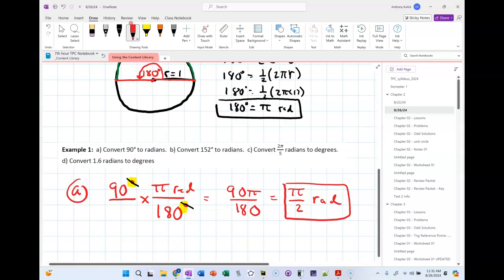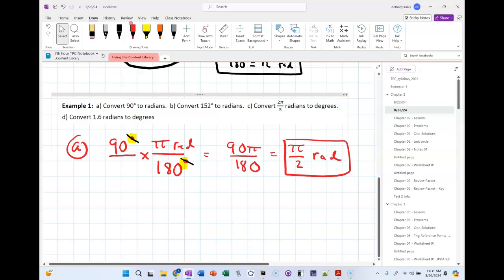Now, if the directions asked you for an approximate answer, you could type that into your calculator and get the decimal out of it, right? It's like 1.57 if you chose to do that. But in general, with radians, we prefer to leave our answers exact as much as possible, right? We'll look at an instance where it's not really practical to do that, but